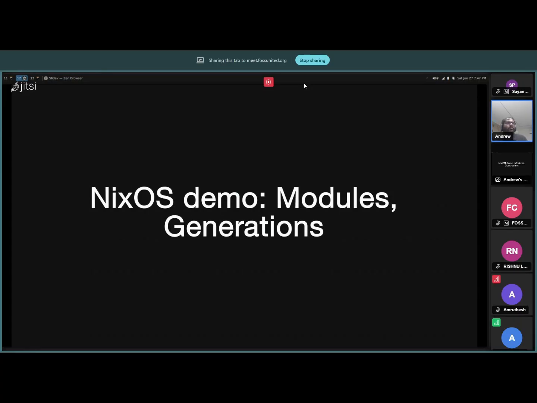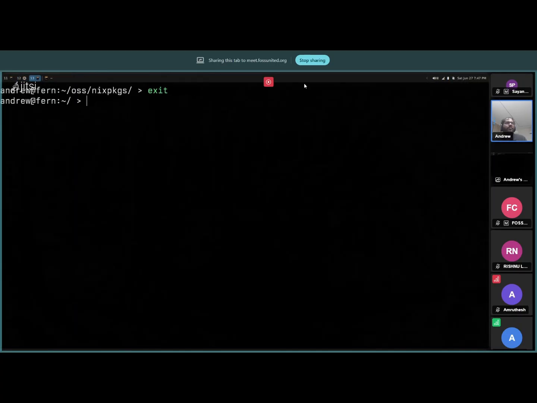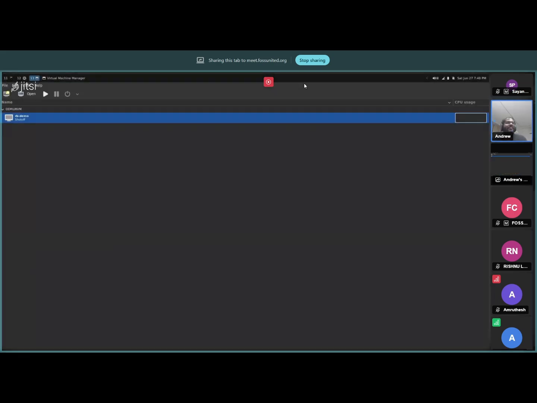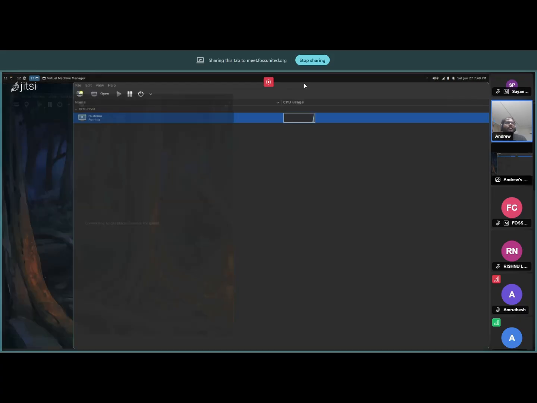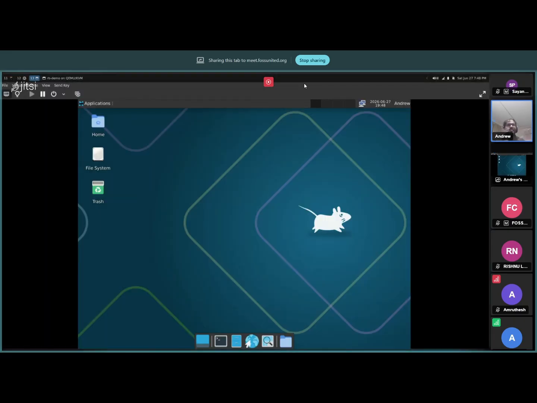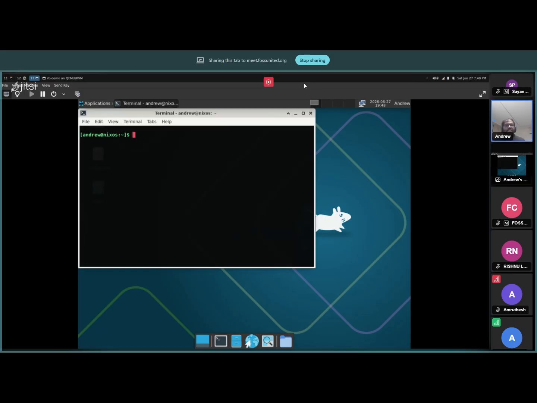Cool. NixOS demo. So I have a virtual machine system for this. So let me just bring that up, because I can modify my actual machine, but I don't want to mess around with this for now. So I think this should start if I click on it. Yeah. So this is a NixOS machine running in a VM inside NixOS. So this basically just has XFCE. So just think this is a fresh Linux OS right now. It just runs XFCE. It runs NixOS.